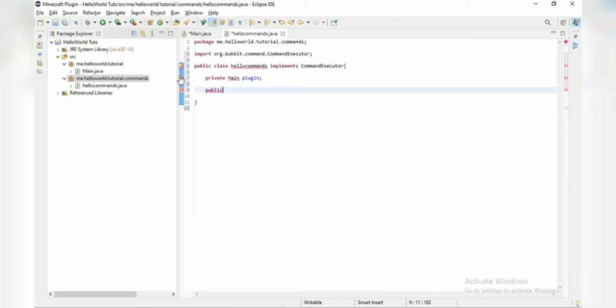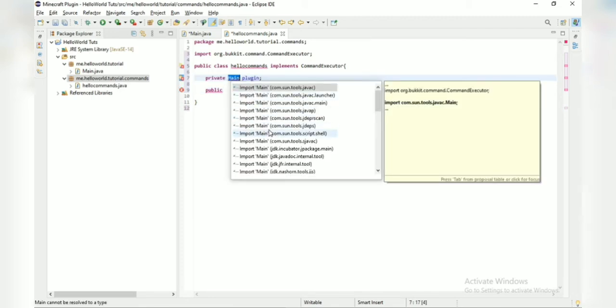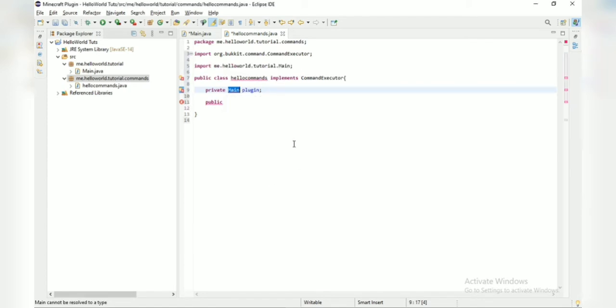So it's giving an error here right now. It's because we have not imported our Main from our HelloWorld tutorial. So once you have done with that, we are going to write public HelloCommands, Main, sorry there's no comma here, so Main plugin, and then over here